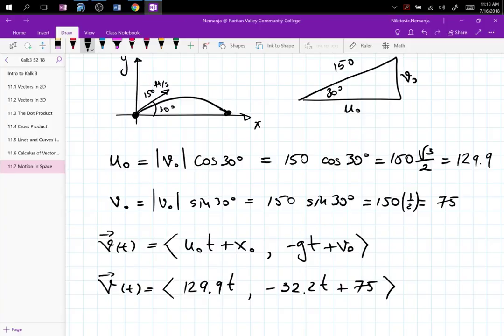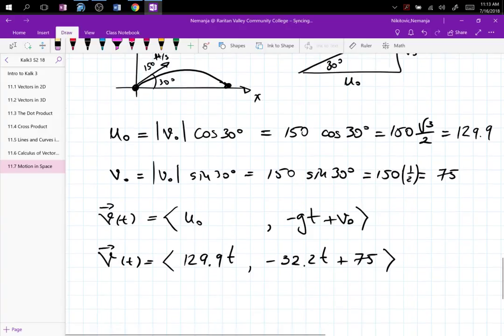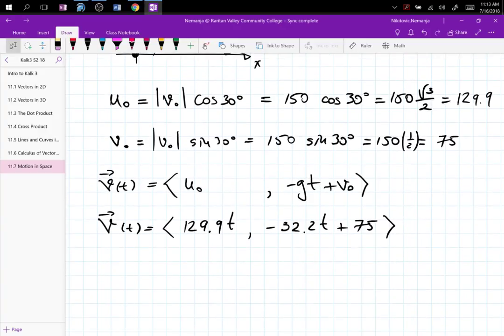Wait, hold on. There's no plus x0 here. These are velocities. That's it. Sorry. So we just have 129.9. Yeah, good. Okay. So now r of t will be